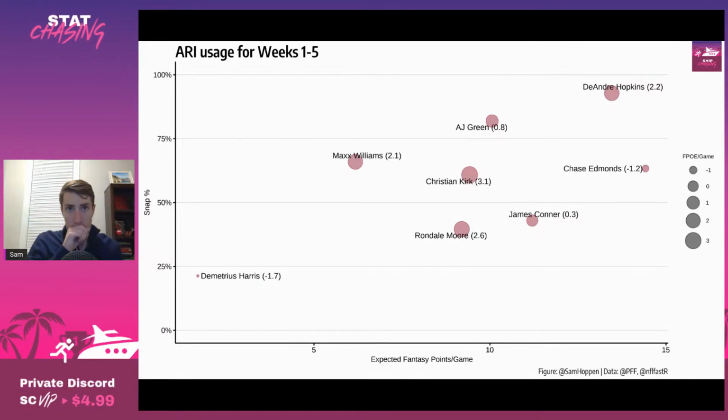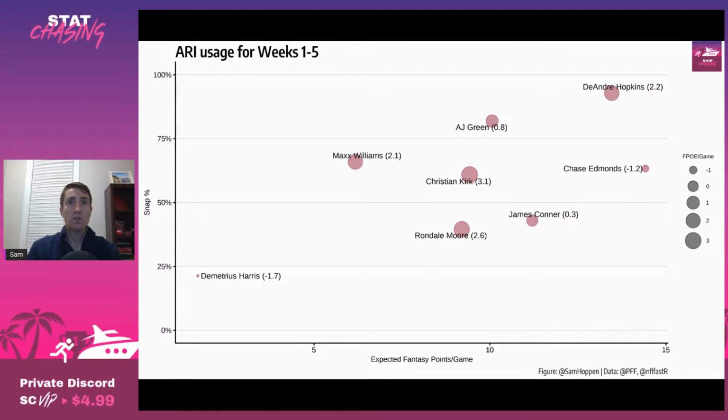And finally, with respect to Christian Kirk, he's the obvious guy that it looks like Moore is going to have to supplant. He's run 95% of his routes out of the slot, and Moore is at 78%. So clearly the two guys competing for that role. Kirk does lead the team in fantasy points over expectation per game at about 3 points per game. And after scoring 2 touchdowns in week 1, hasn't found the end zone since. He's second on the team in air yards share, but only has 0.37 WOPR to boot.